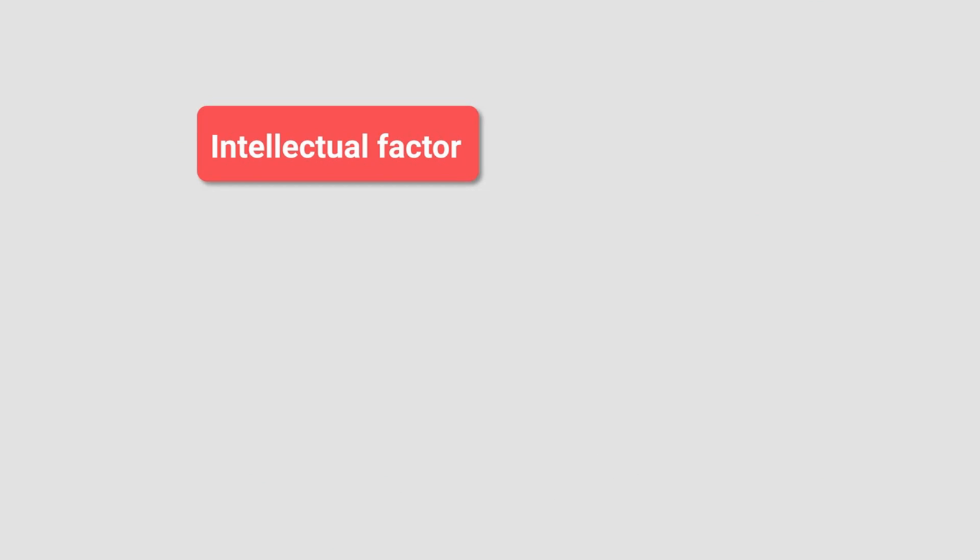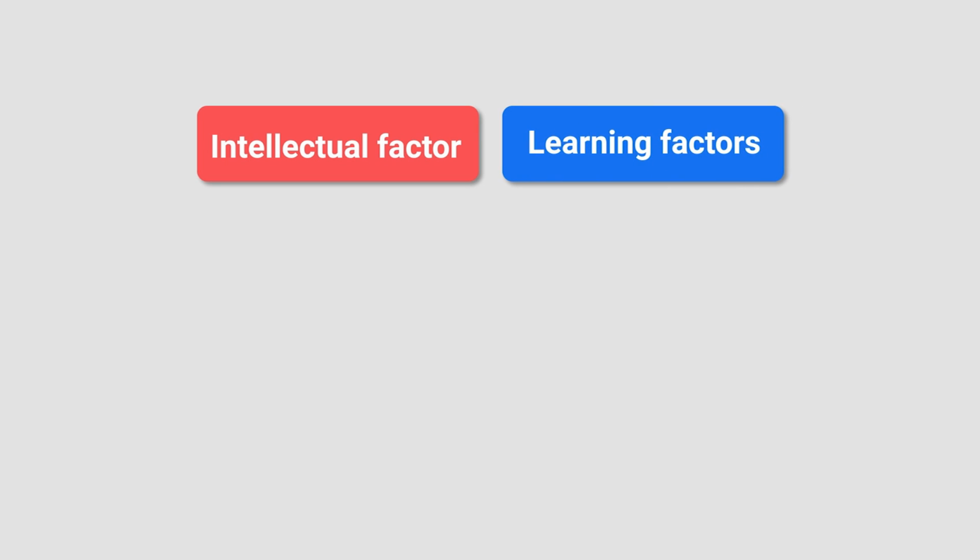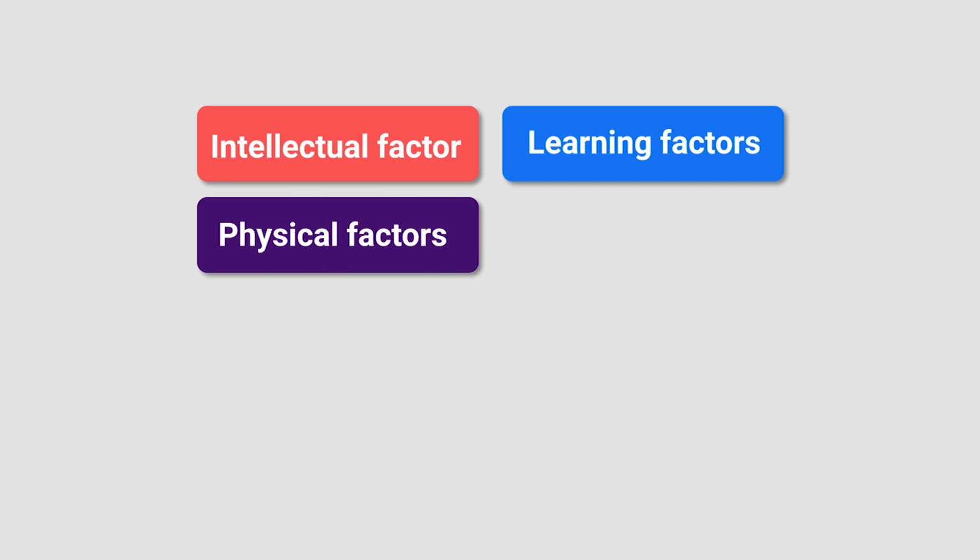So, we need to understand that all children in my class will not be at the same pace. If I have taught a topic in a particular way, some might be able to learn, but I have to change my way of teaching so that the other types of learners also benefit. The second is the learning factors. Factors owing to lack of mastery of what they have been taught. Faulty methods of work or study. The third is the physical factors.